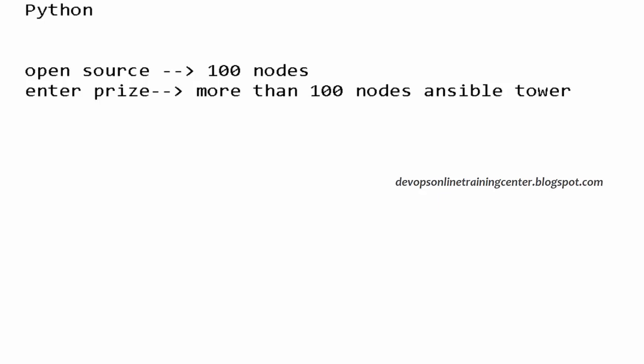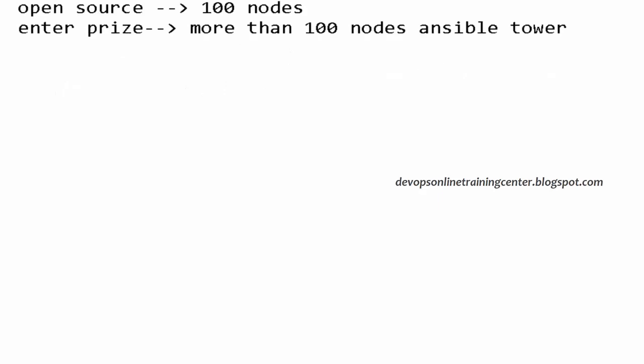So for any other configuration management tools, we need to install both the master and the agent software on machines. But in the case of Ansible, it's only the master, and on the slave you don't have to install anything because by default SSH comes on any operating system, right? So we configure the Ansible master, then we configure the slaves, and we set up passwordless authentication so that the master can push its changes to the clients. We write a script on the master and push the change to the client using SSH. Okay,